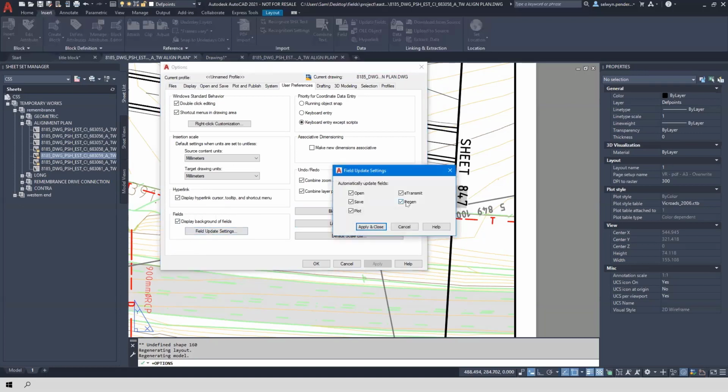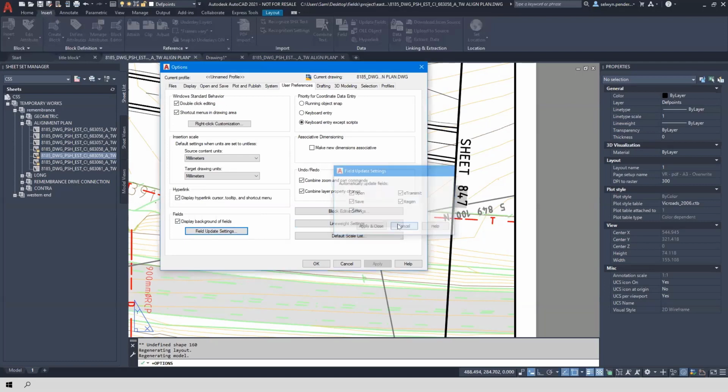So please, regen is an important one, because if we regenerate the drawing and that option is off, the field will not update when you regen. It will only update when I save, plot, and the other options are in there. Okay,